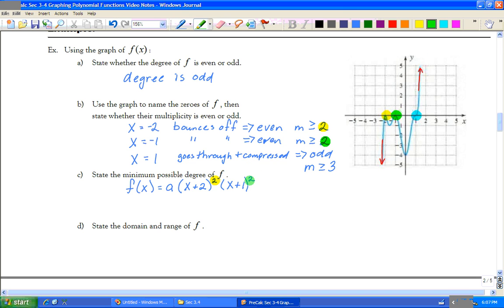Could be more, but right now we just know that it's 2. And then our last factor is x minus 1. And we know that that one has to be at least 3. Write a 3 in there. So based on that, add them all up. And our minimum possible degree